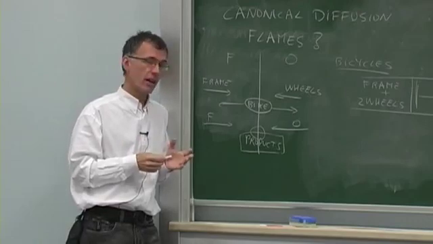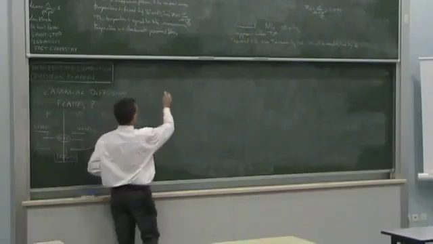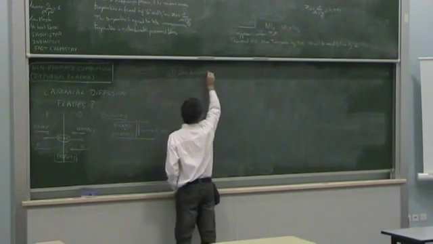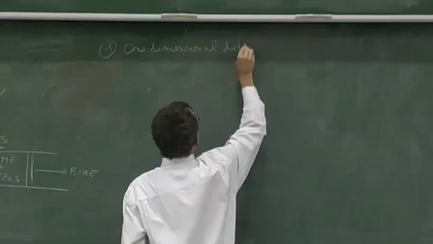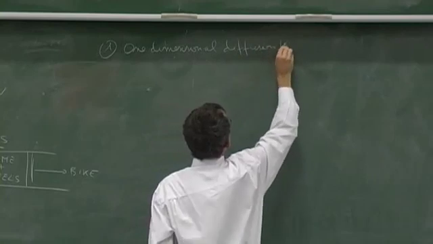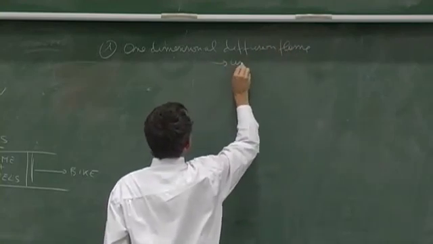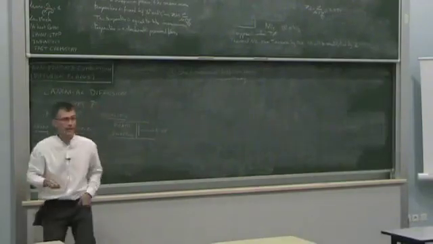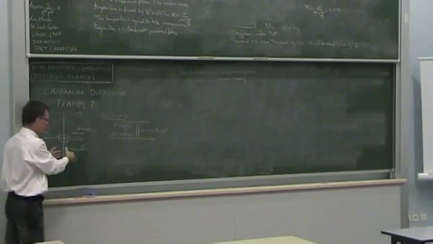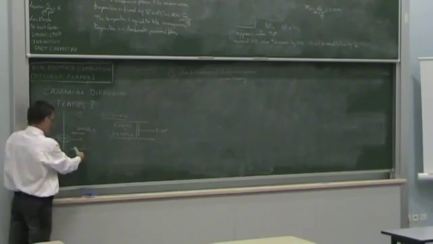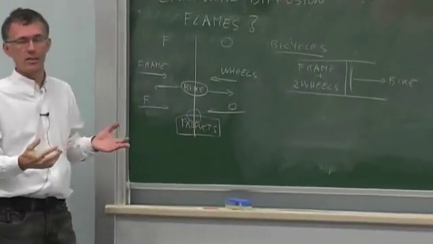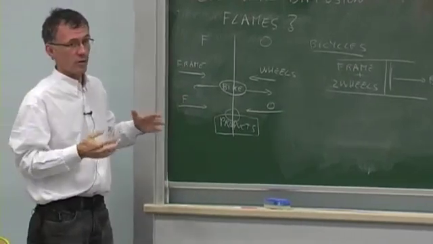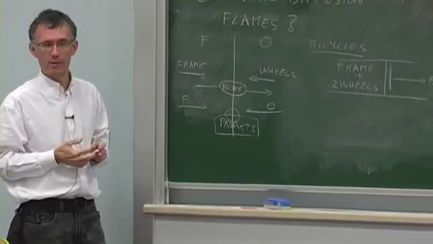In this case, what will happen is that in a pure 1D, this will be a one-dimensional diffusion flame. This flame will have to be unsteady. Why will it be unsteady? Because you are going to have all these products accumulating over time here. And so the zone where products are formed is going to grow and grow and grow, and you will never have a steady state. We can find a solution for this problem. I'm going to do it in a minute. But of course, it's not a steady simulation like we had, for example, for premixed flames.